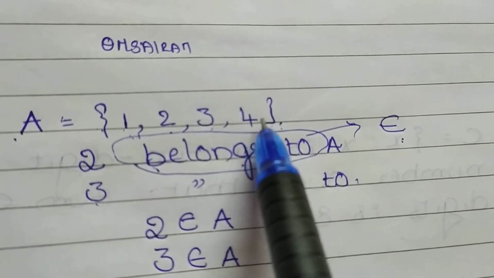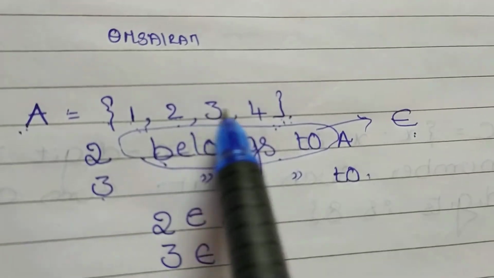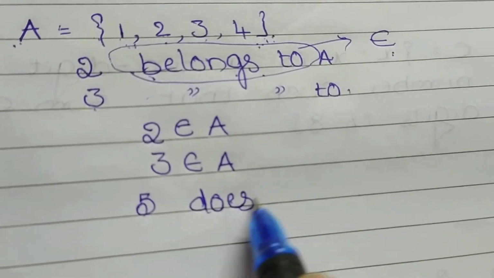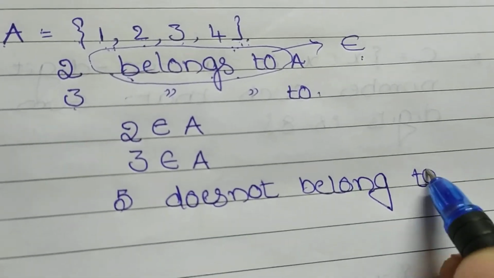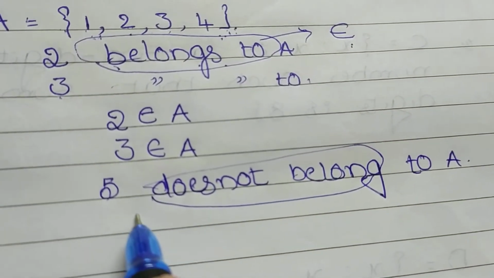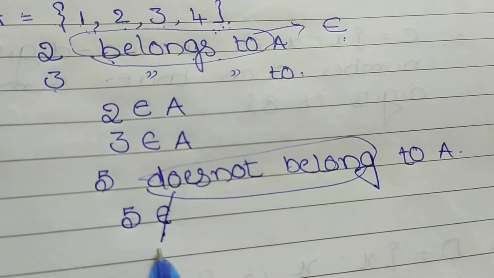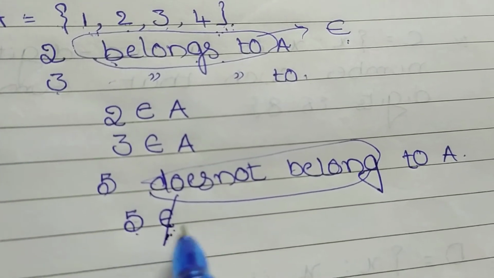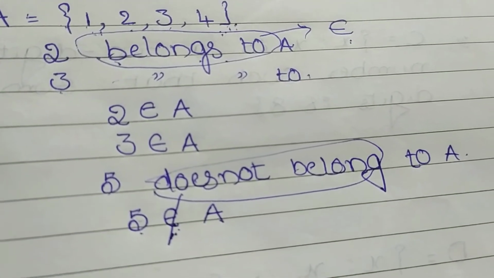Now coming to this, suppose I say, is 5 an element of A? 5 is not an element of A. Why? Because 5 is not there in the set. So what will you write? 5 does not belong to A. So to say that, instead of writing does not belong to, we will make use of the same symbol. But the thing is, like this epsilon we will write, and we will write one slash. So it represents does not belong to. 5 does not belong to the set A.